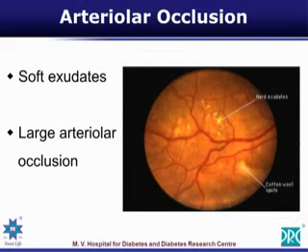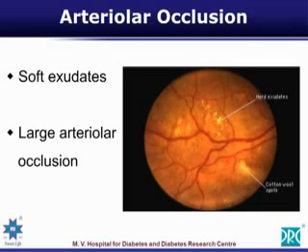The arterioles are slightly larger blood vessels that are present in the bed of the retina, and when these arterioles go through a process of occlusion, we will produce soft exudates in the retina. These are the soft exudates or cotton wool spots that you can see. Also in the retina, you will find areas of hard exudates.